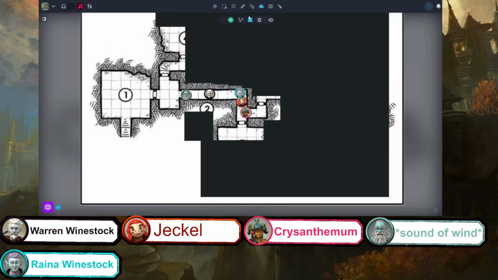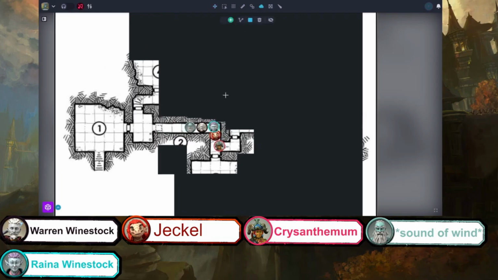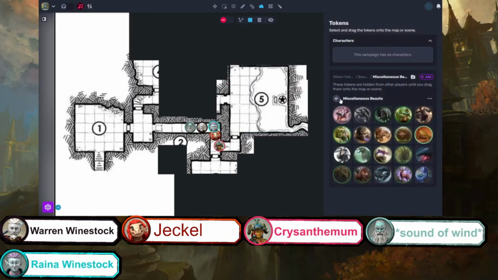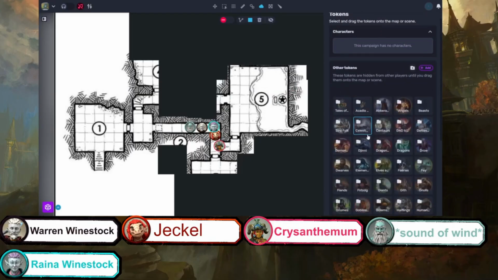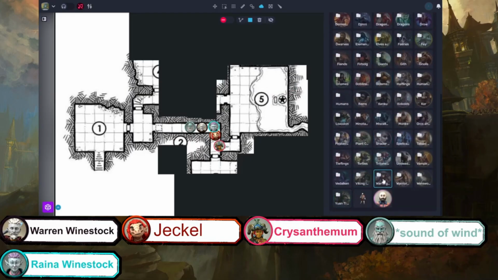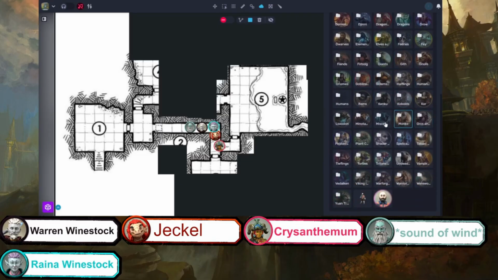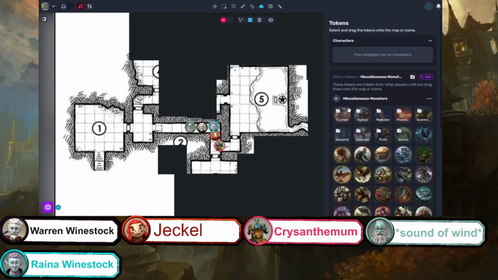I'm confident in my team, in my group. We just beat an owlbear. I believe we can handle whatever foe is out there. And Jackal did beat the owlbear. My apologies. You did get the finishing blow. That zombie owlbear, man. You got to add another added. We all have an extra thing to say. We didn't just beat an owlbear. We beat a zombie one. That's extra. Yes. We did see the face matter fall to the ground. I mean, the sound of wind definitely did. Yeah. I don't think he remembers it. No. I have a feeling.